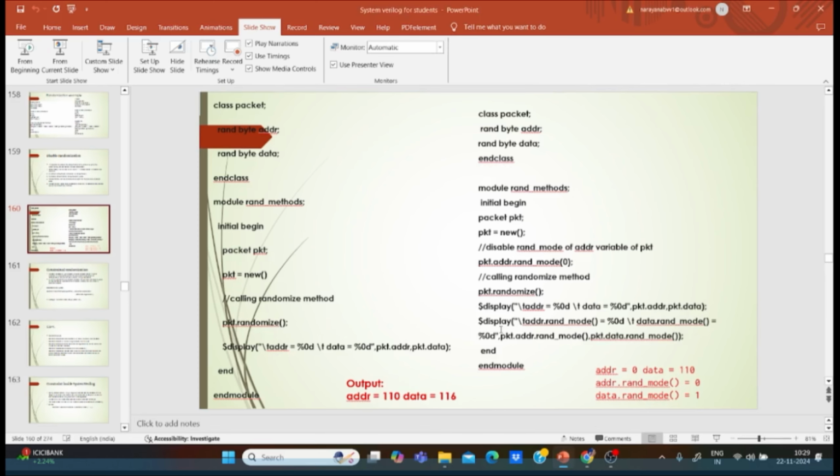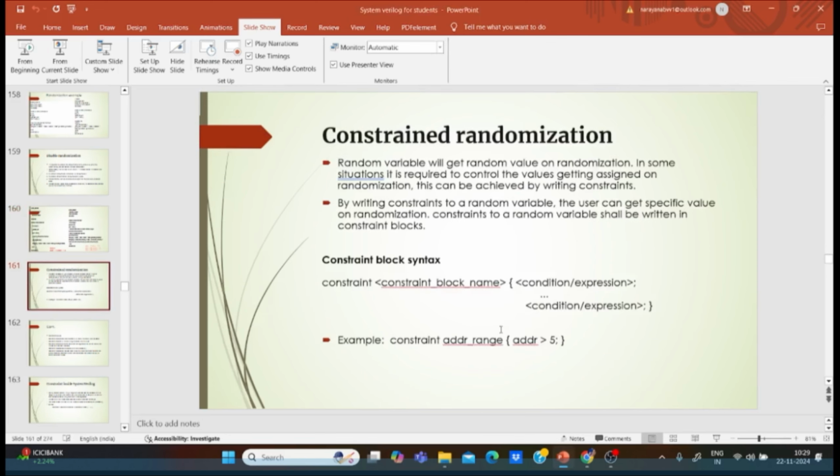And in the next class we are going to discuss something which is very important within randomization, which is the constraints topic. Even though we are talking about randomization, the most important thing in randomization is constraints. Constraints is very important in SystemVerilog, because without constraints you can't write code. Why is it? Because